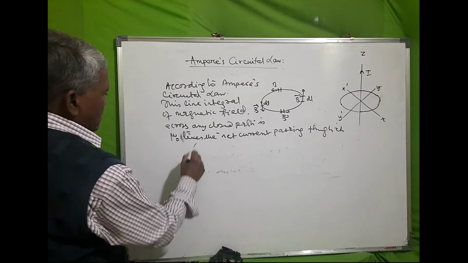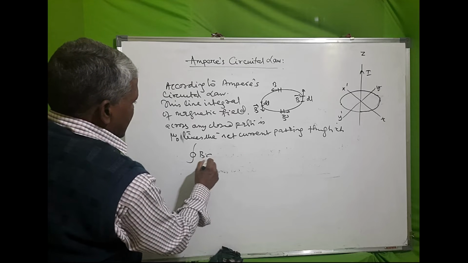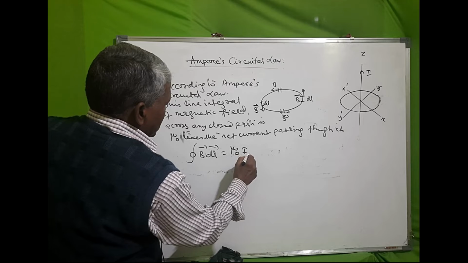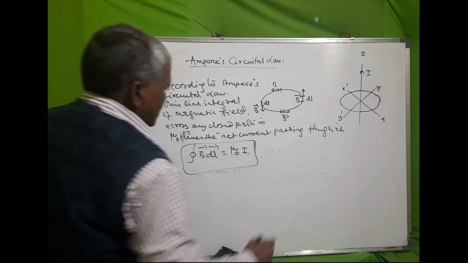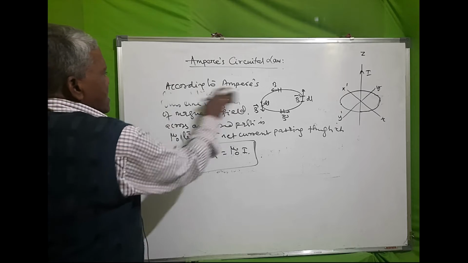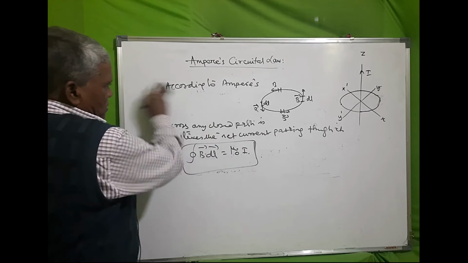That is, integration of B dot dl is equal to mu 0 into I, where mu 0 is the permeability in free space,